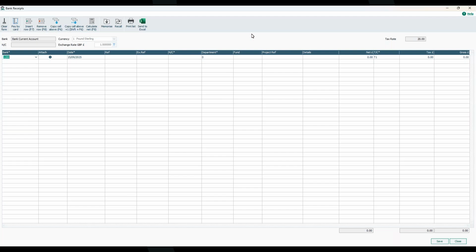So say I wanted to record a cash sale on there. If I'm just using the same bank account, if I tab across, we use the same date. I'm just going to leave the references. I'm just going to say 4000 for a sale. And I leave the department and funds and projects blank. And if we just say cash sale and say it's for £200